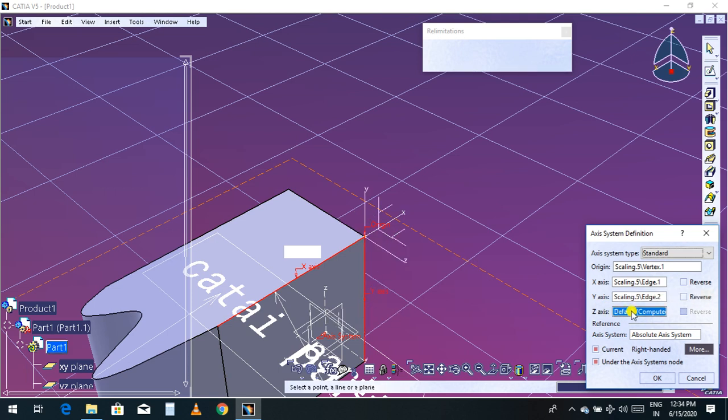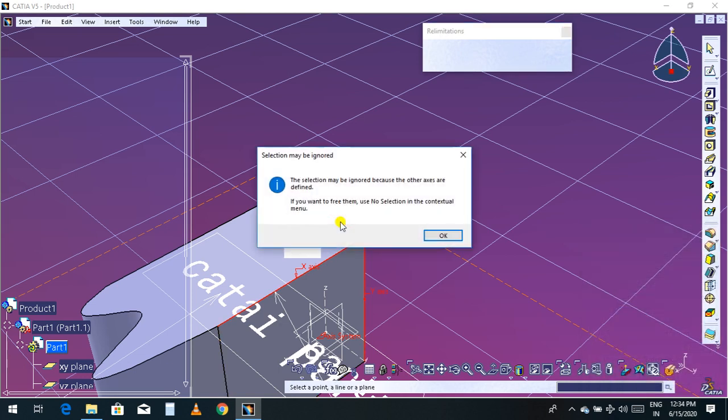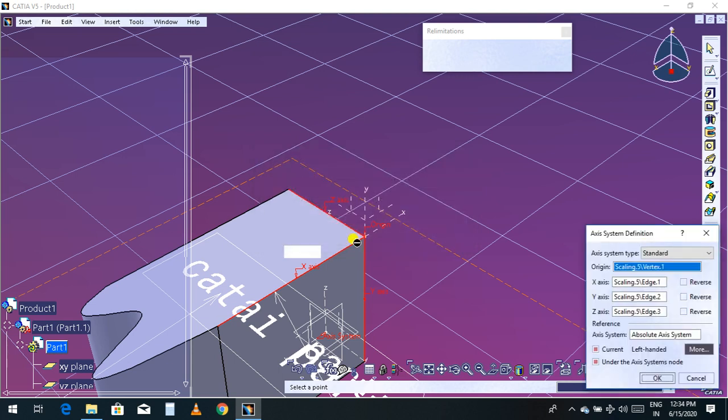Now it is asking for the Z direction, so you can choose whichever side you want. I'll mention this as the Z direction. Since the axes are already defined, there is no need to choose the Z direction, because if you select two directions, the third direction is automatically detected by the computer.